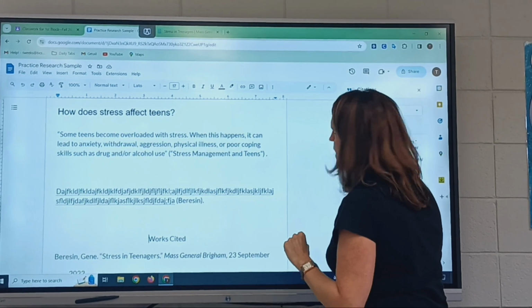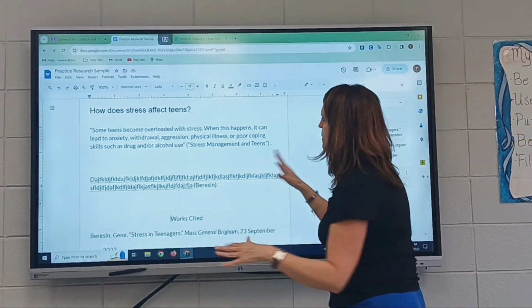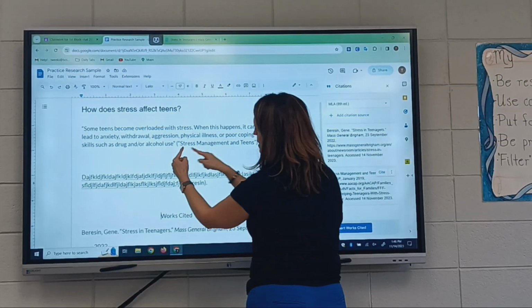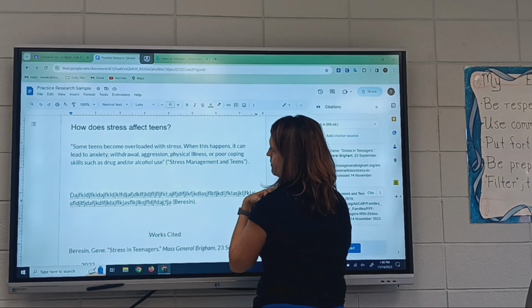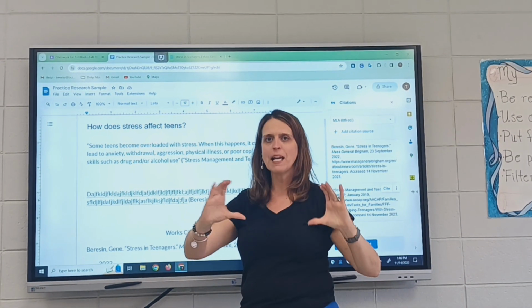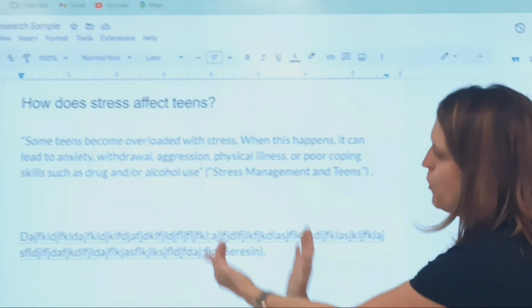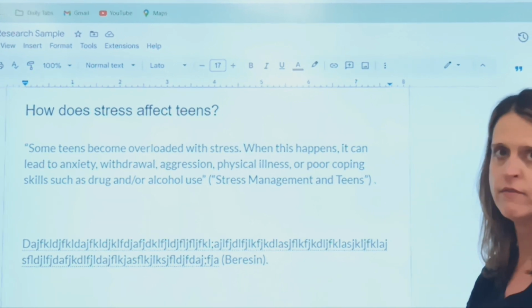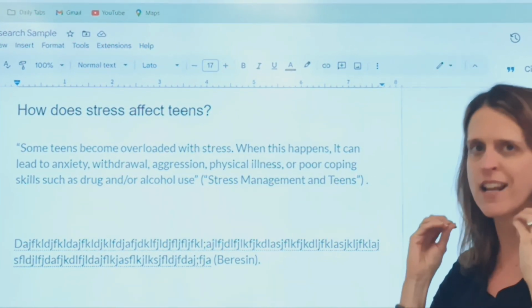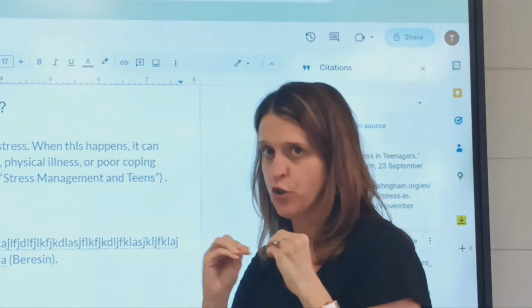You're not using mine because this is our made-up topic. You use your first piece of evidence, make sure it's got the parentheses and the period. Go to the second piece of evidence. If you summarize it, there's no quotations, but you still have to give the citation in parentheses behind it with the period. If this is not there, it is an automatic 0 for plagiarism.